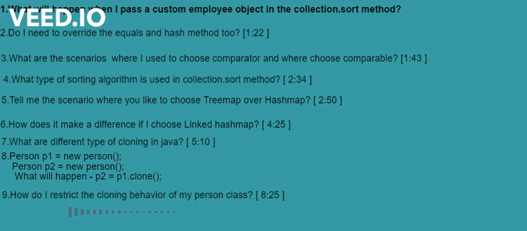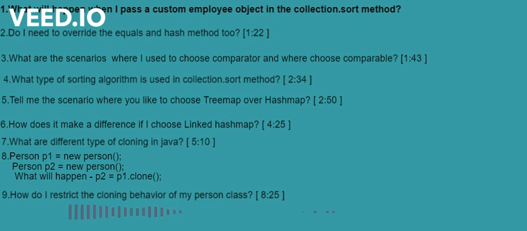Okay, and I have passed this list object in the Collections.sort method. What will happen? It won't get affected and it will not sort because these objects are custom. So to make the sorting happen, we have to write the proper